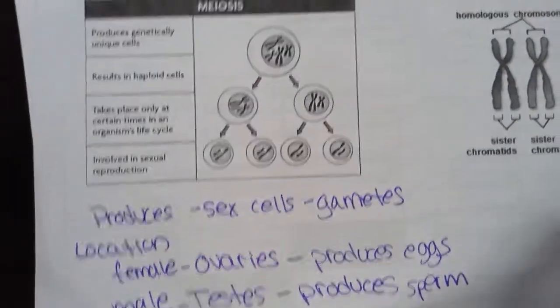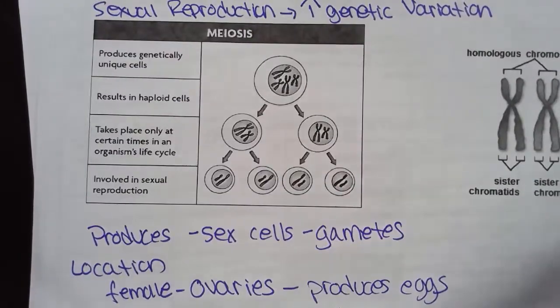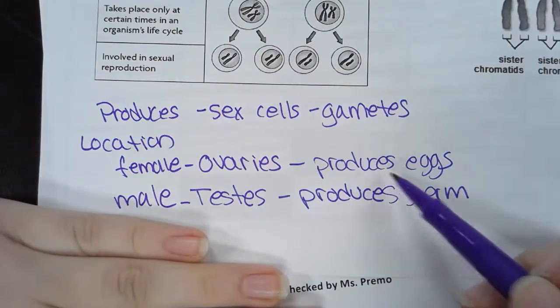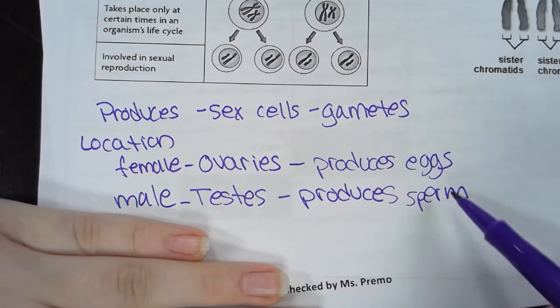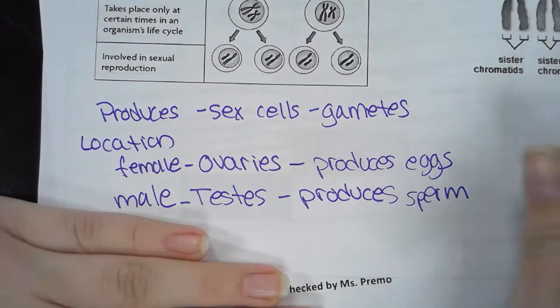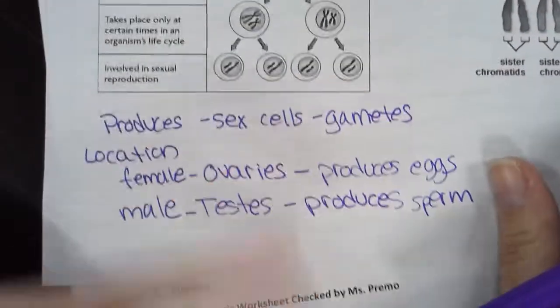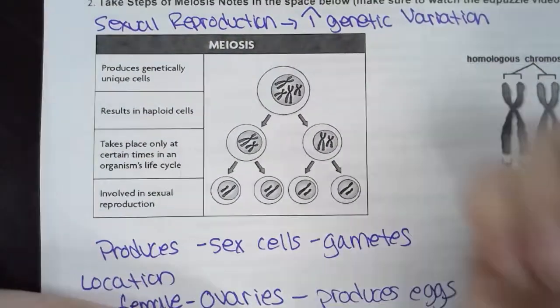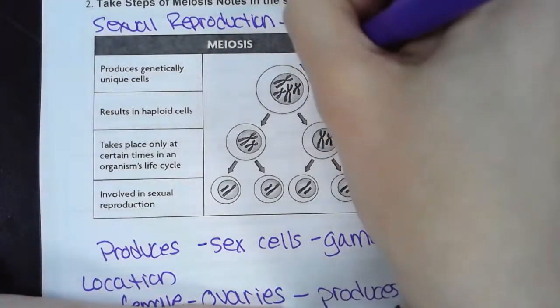So that is what it is. So it's part of sexual reproduction. It produces your sex cells or gametes. In a female, your sex cells are eggs, and in a male, your sex cells are sperm. Alright, so meiosis, this is like a really brief depiction of meiosis. Meiosis starts with one parent